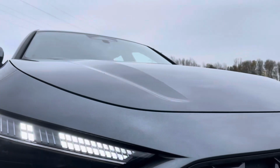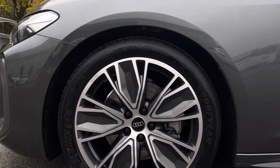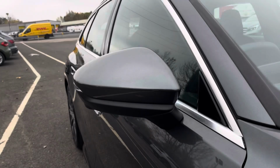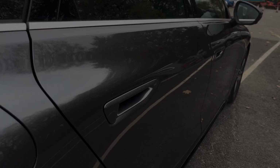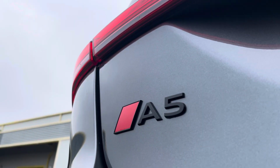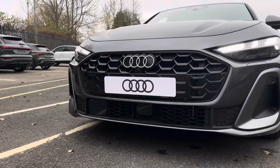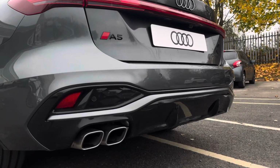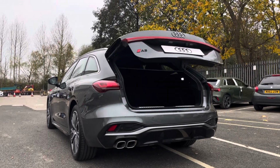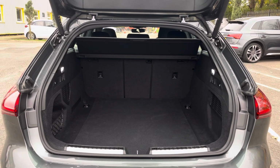addition to a sporty shaped bonnet, large 19-inch alloy wheels, aluminium roof rails for secure road trips, electric folding wing mirrors, beautifully flush door handles, sleek A5 badging, and front and rear parking cameras paired with front and rear parking sensors for awkward manoeuvres. This is alongside an electric tailgate that reveals a spacious 448-litre boot capacity for all your